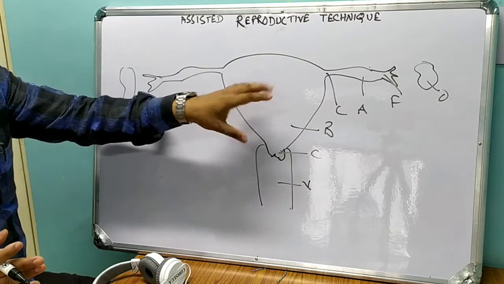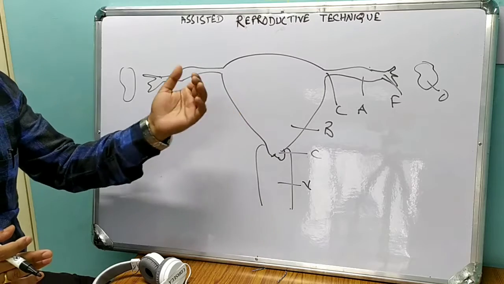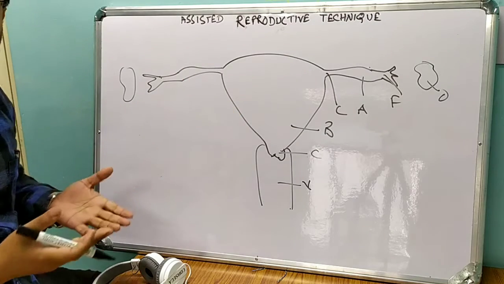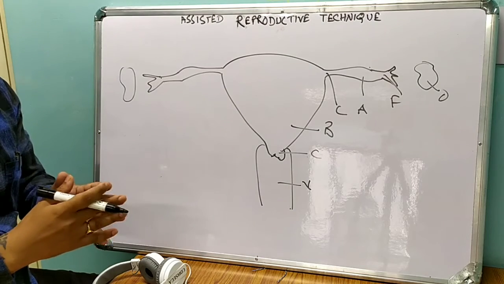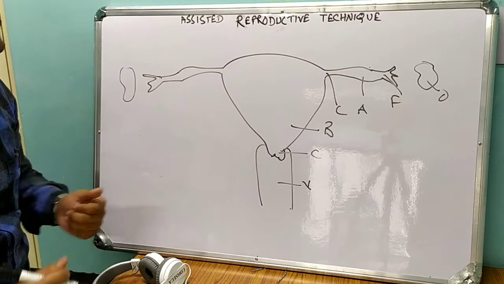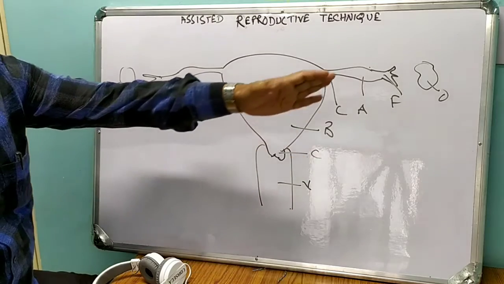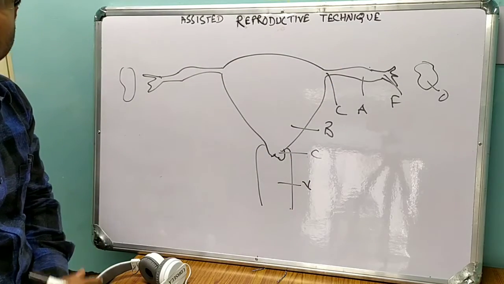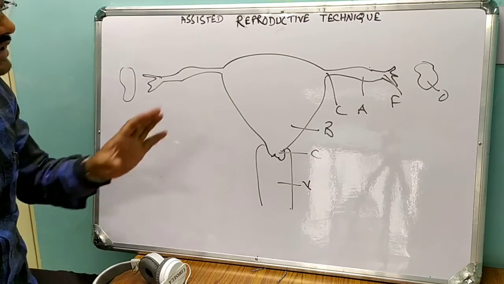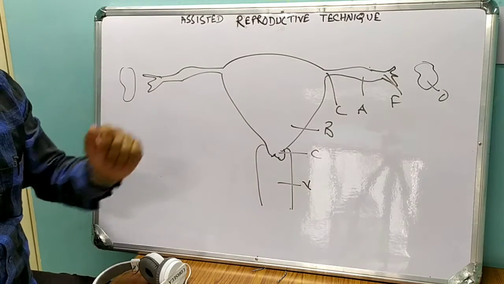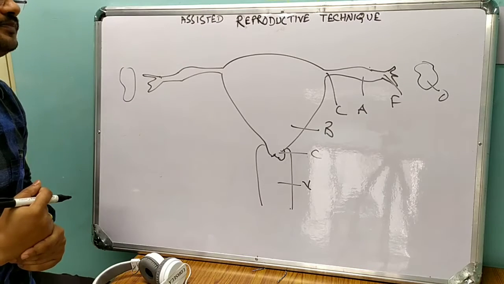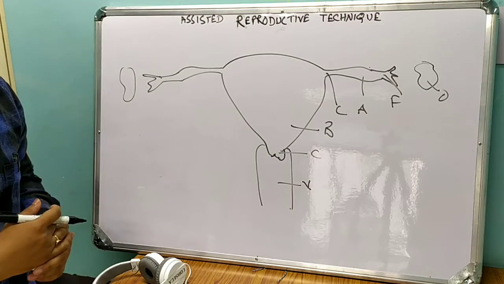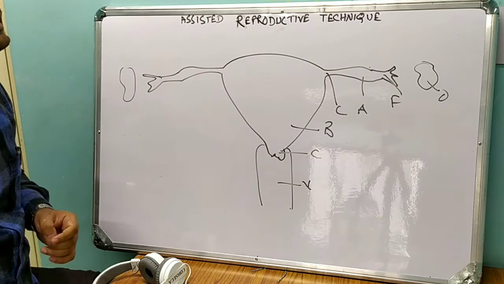For the uterine cycle, the endometrial layers slough off. Then what happens? A particular ovum, a particular Graafian follicle starts to mature. Along with that, the ovary starts to produce a lot of estrogen. So estrogen leads to increased thickness of the endometrial lining. After a certain period, say after 10-12 days, what happens?